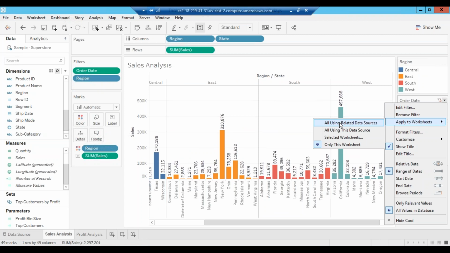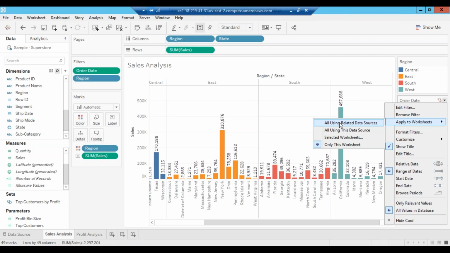All sheets which are using this as a related data source. In the current case, we don't have a related data source, which means I don't have table 1 and table 2 related to each other. In your case, if you know that VLOOKUP kind of thing, when you say VLOOKUP, your table 1 or sheet 1 is linked to sheet 2, isn't it? Because using a column.